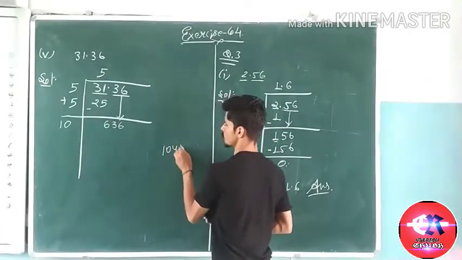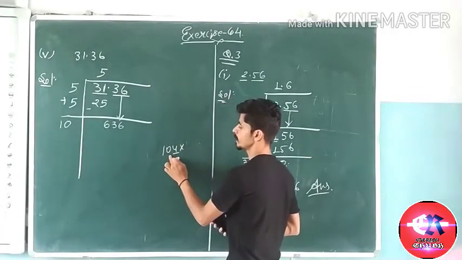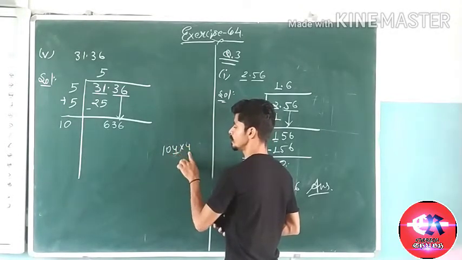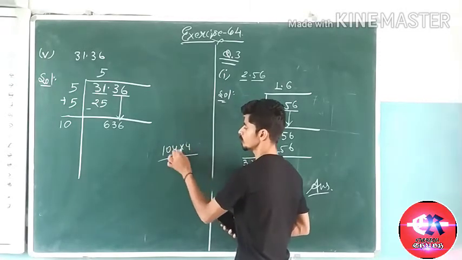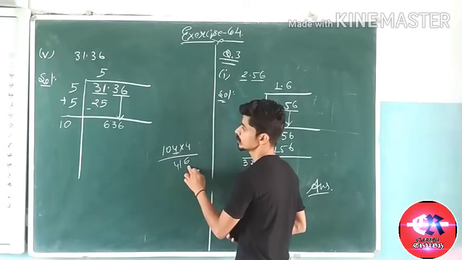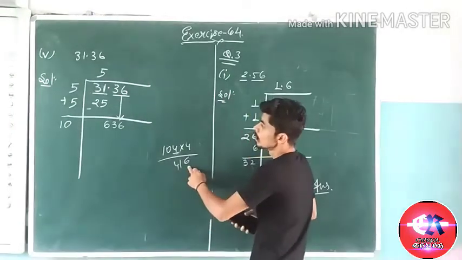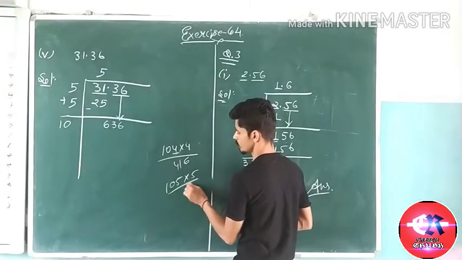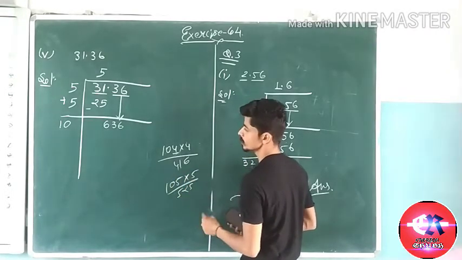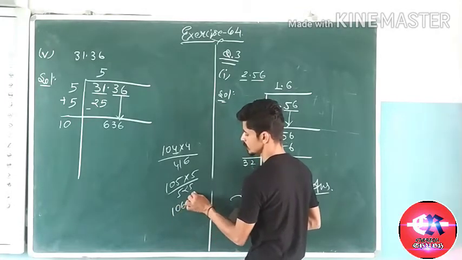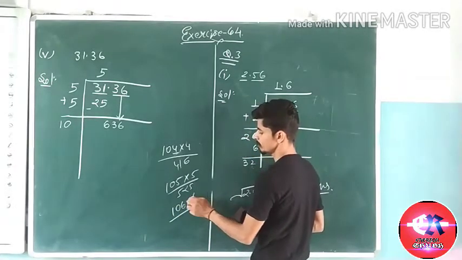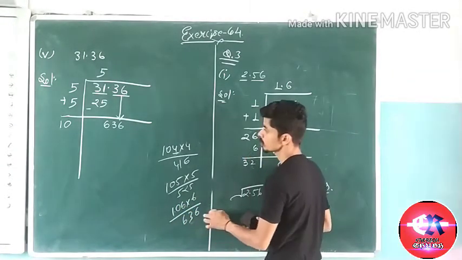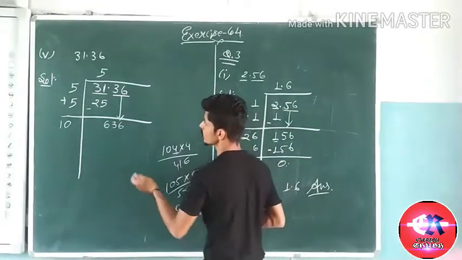If we take 4 after 10, it becomes 104. So we have to multiply 104 into 4 because we are taking 4 here. So 4 4 is 16 and 4 1 is 4. This is less than 636. Now we have to take 105 into 5, so it becomes 525. It is also less. Now we are moving to 6, so we take 6 here, multiplied with 6, 106 into 6, 36, and 6 1 is 6. So we get 636 by 6 times.